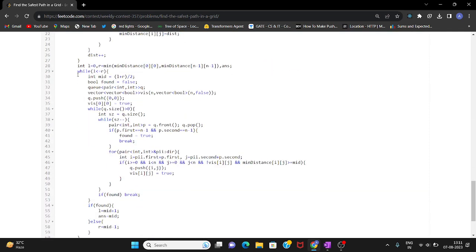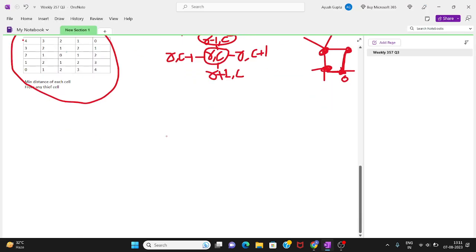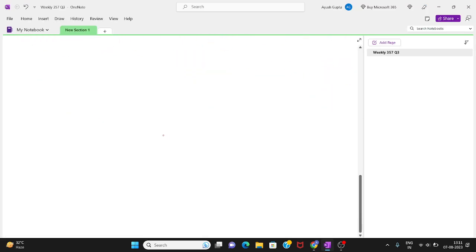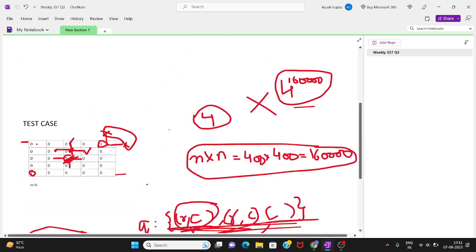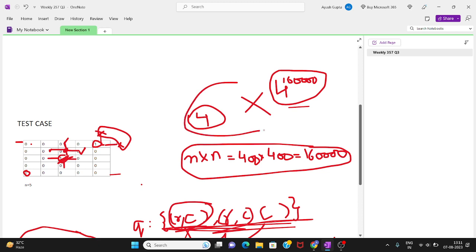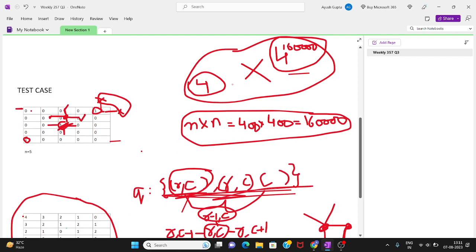Now come to the main question of how to find an optimal path. How can we do so? We have seen that it takes so much time to find an optimal path.